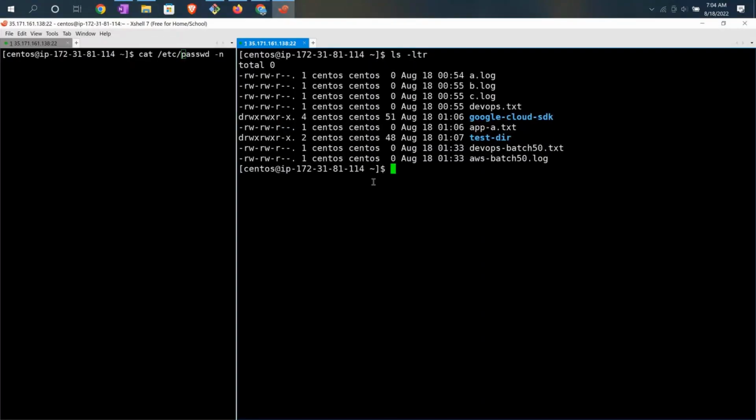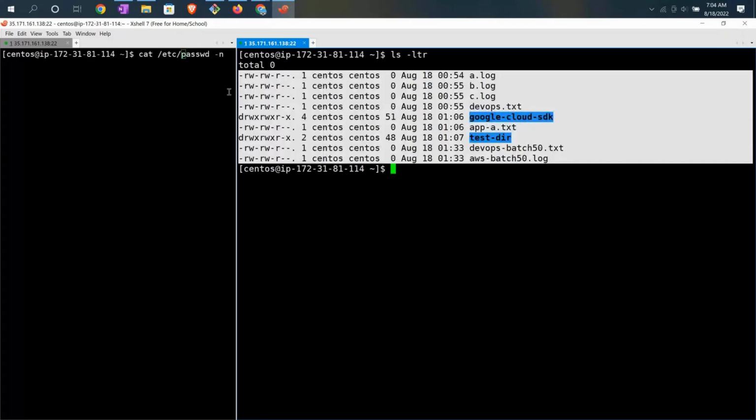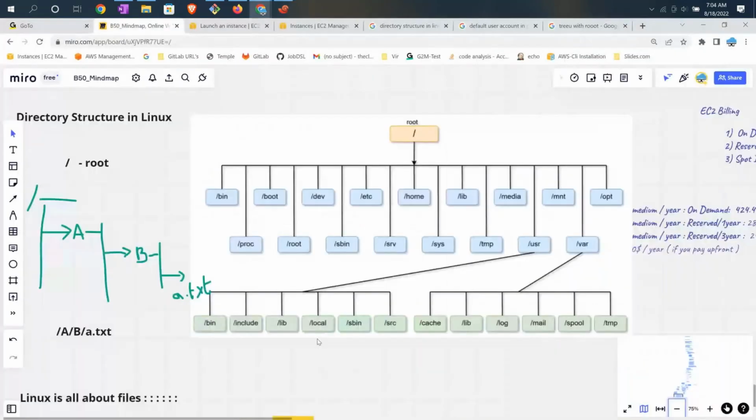Now, hey Manu, how should I take a backup of this image? See, each and every organization will have their own standards. Okay, typically in any of the organizations,